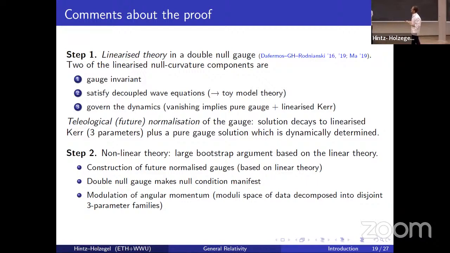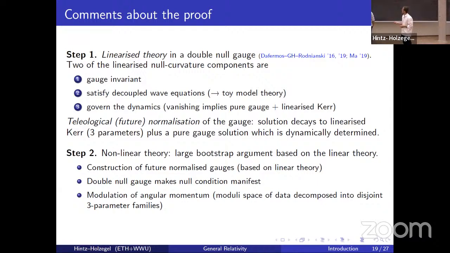So once this is understood, going from the linear to the nonlinear theory is done in a large bootstrap argument based on the estimates that you proved in the linear theory. You have to construct these future normalized double null gauges. And as I advertised at the beginning of the talk, the double null gauge makes the null condition manifest. So to handle the nonlinear errors, you can use techniques that were understood 20 or 30 years ago for nonlinear